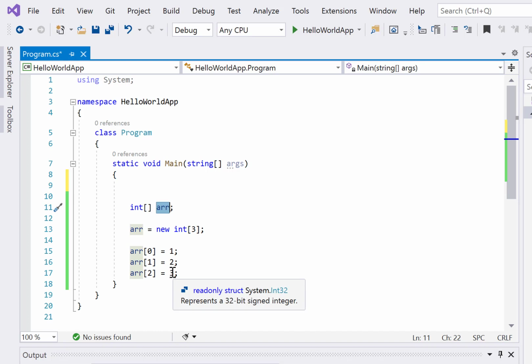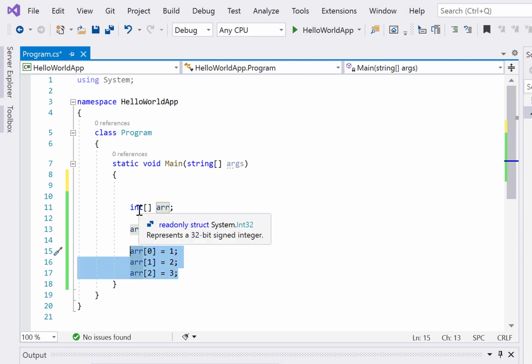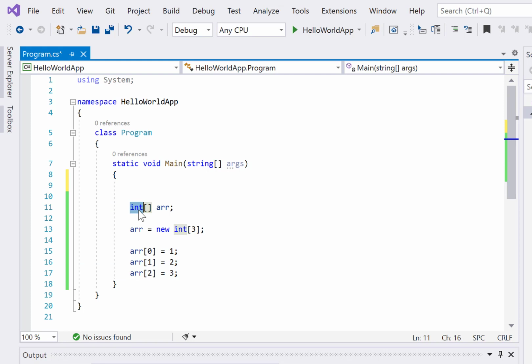First of all, we should understand why we need the array. We need the array when we want to store multiple values of the same type. The important point is the same type, because all these values are of the int type. We can also have an array of string type, float type, boolean type, or some object type as well. So the important point is that we are storing same type values, and that's why we are creating the array. And here we are specifying that this array is of the int type. I hope you have got the concept.